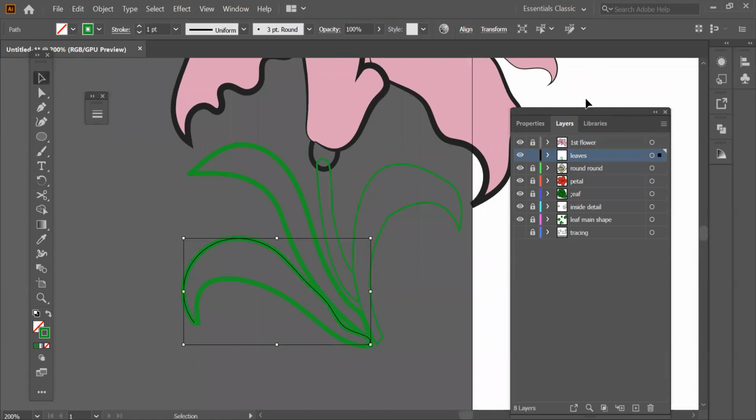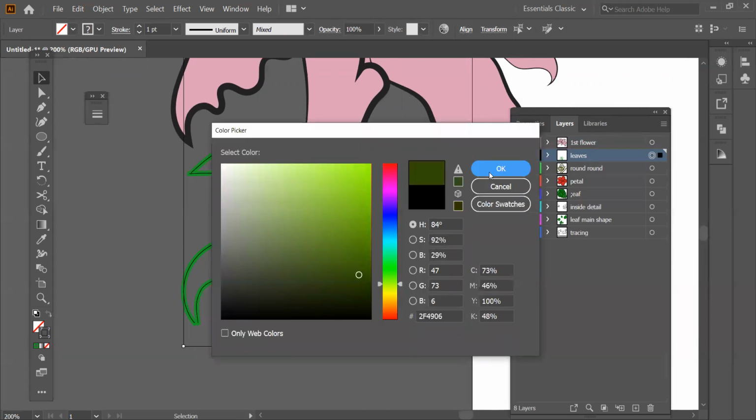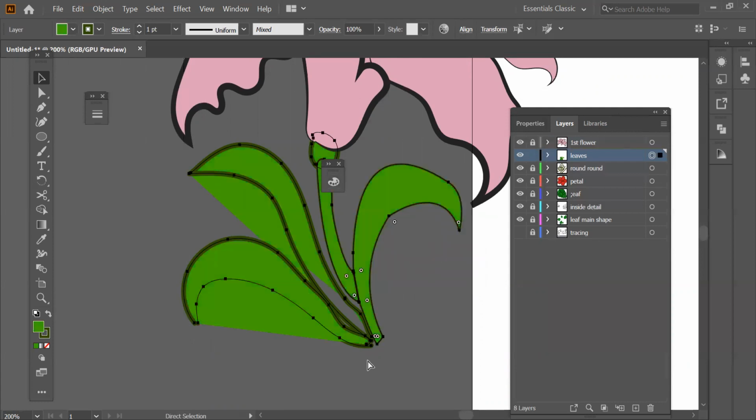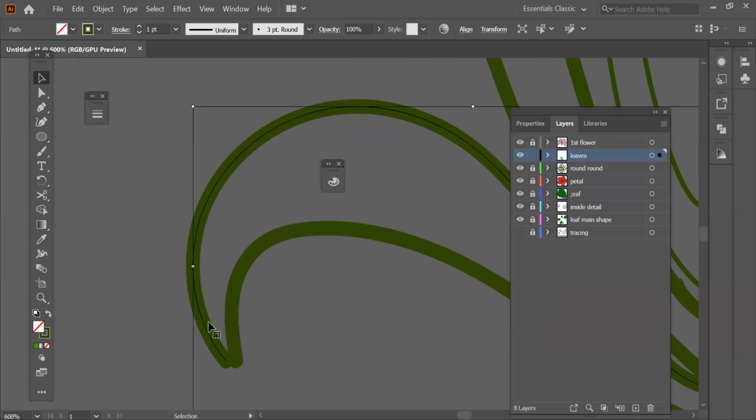This is looking cool. Let's select the whole layer just by clicking over here. This one also got selected. I want it, let's say, green in color itself for the outline. And now, can you see this one? One stroke is not getting selected, that is why it's going like that. Okay, it's open from here. If I zoom in so that you can see, this is one line, this is one line. Both of them are not closed. So what do we have to do? We just have to take our brush tool and mix it.